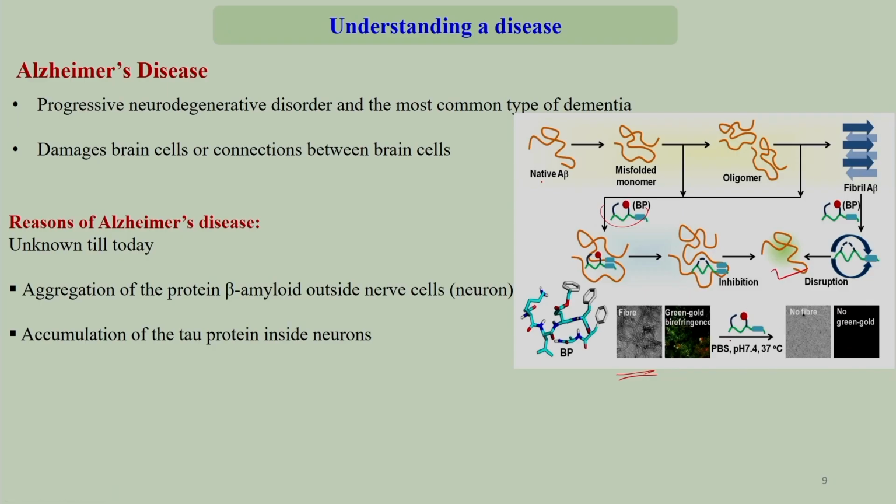Now, once you add this molecule, the fiber is broken, because the molecule intercalates within the peptides, and then it disrupts the stacking or the aggregation of the fibers or of the peptides. There is no fiber and it is a black color, no green color. So, again, once you know every step of it, only then can you find a good solution.